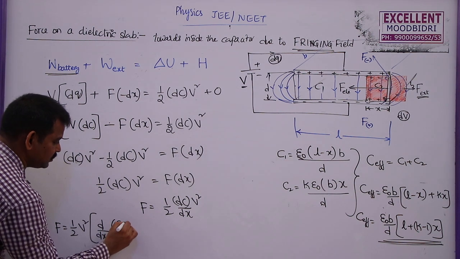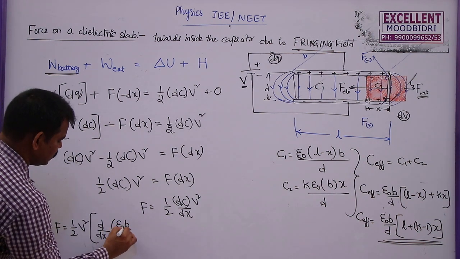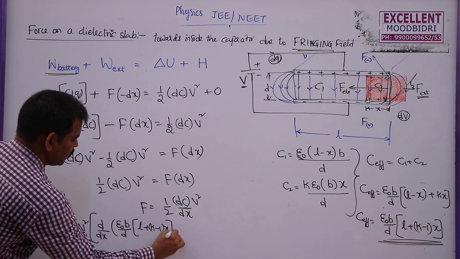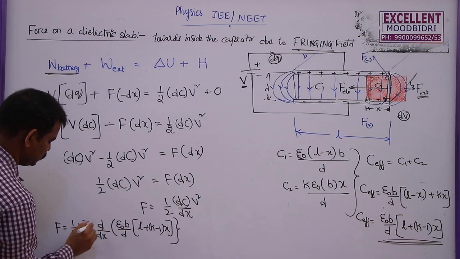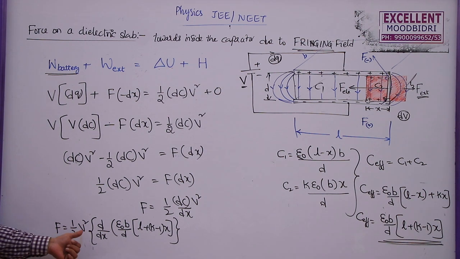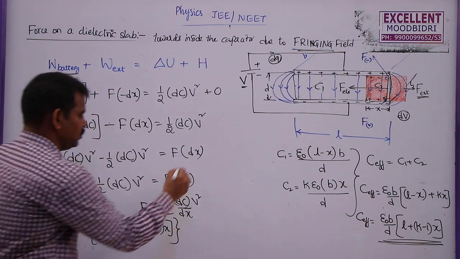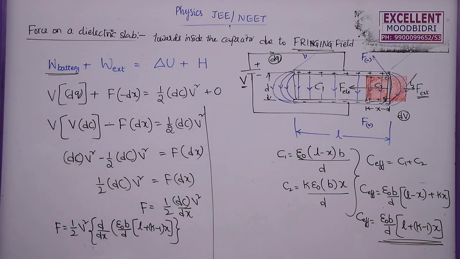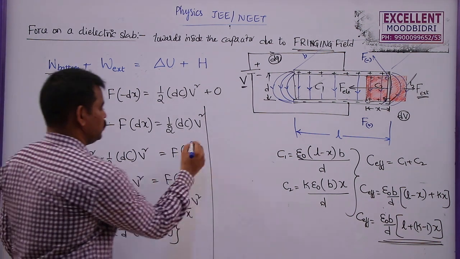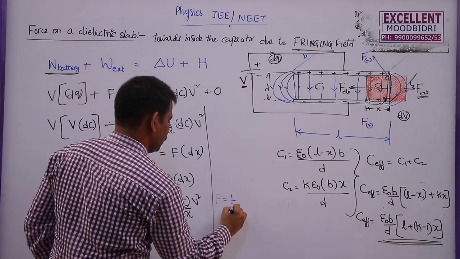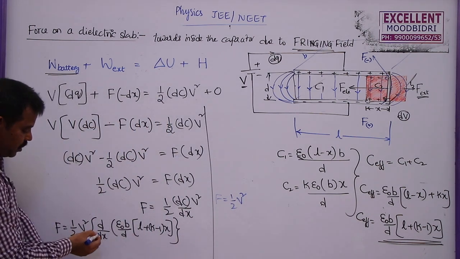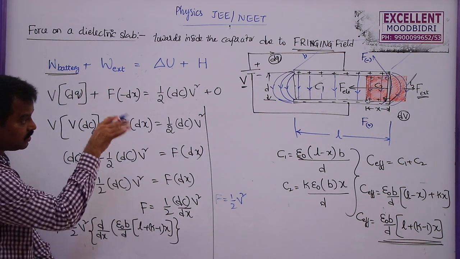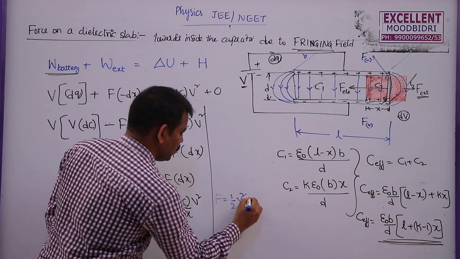So how this capacitance changes with the distance x, so that we are finding here: L plus K minus 1 into x. So I need to differentiate this one. Half is constant. As the battery is connected, potential is also constant. So now I can write F is equal to half V square and the differentiation of epsilon naught B. So F will become half into V square. Where you are differentiating this one, epsilon is constant, B is the width of the plate and D is the distance between two plates. This is also constant, so bring it outside.